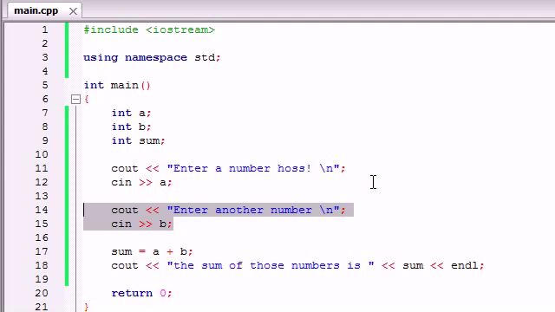So you study this, and once you understand the basics of variables and cin, you're ready to move on to